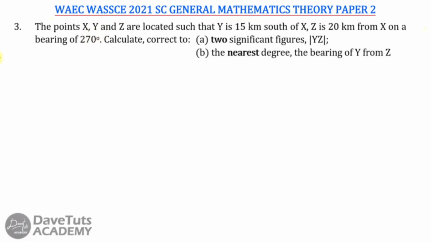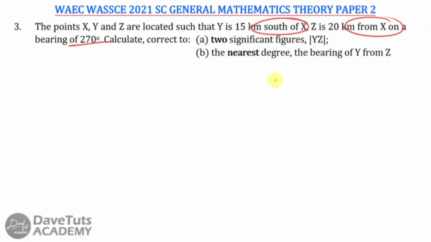In this question on bearing and distances, we are told that the points X, Y, and Z are located such that Y is 15 kilometers south of Z and Z is 20 kilometers from X on a bearing of 270 degrees. We are to calculate the distance YZ to two significant figures and the bearing of Y from Z to the nearest degree. Okay, to look at this question, we can see that in the first case, Y is going to be south of X,